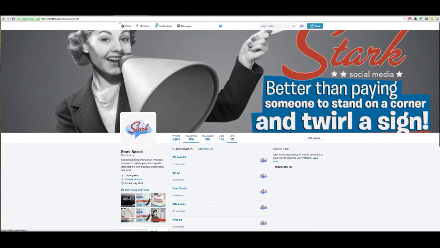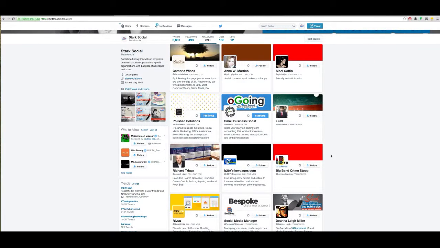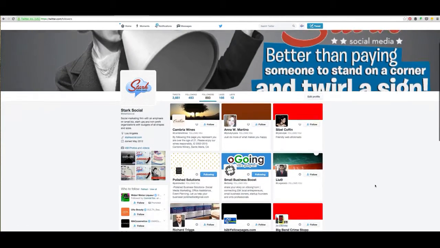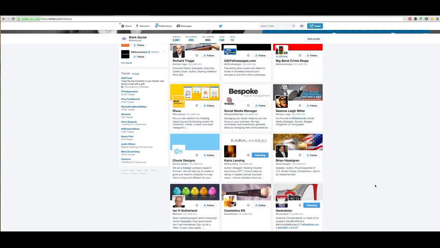The easiest way to do this is to go to either who you're following or your followers. If you want to keep your follower to following ratio very even, so you continue to have a really good follower percentage ratio, you can go to people who are following you. Let's say you've got a really good ratio and you don't necessarily want to follow back a bunch of people. So let's say you find somebody and you're like, well, this could be an interesting person. Oh, look, there I am. I don't follow myself. That's pretty sad.